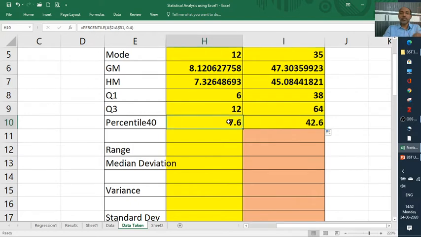Then we'll take the formula here also, so that we can calculate the range.